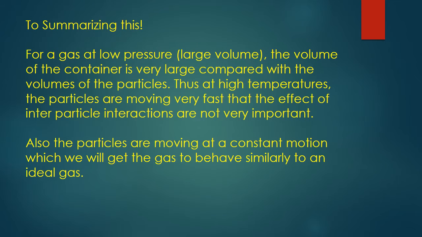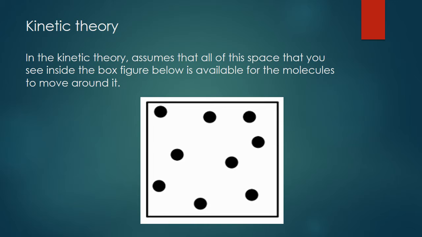To summarize, for a gas at low pressure and large volume, the volume of the container is very large compared with the volumes of the particles. Thus, at high temperatures, the particles are moving so fast that the effects of interparticle interactions are not very important. Also, the particles are moving in constant motion, which gets the gas to behave similarly to an ideal gas. Kinetic theory assumes that all of this space that you see inside the box